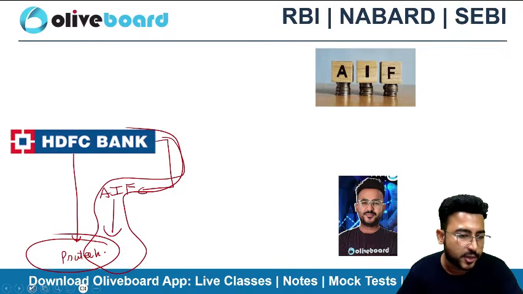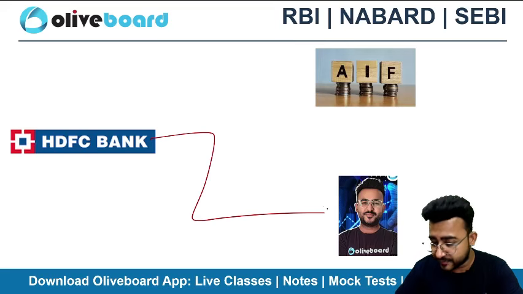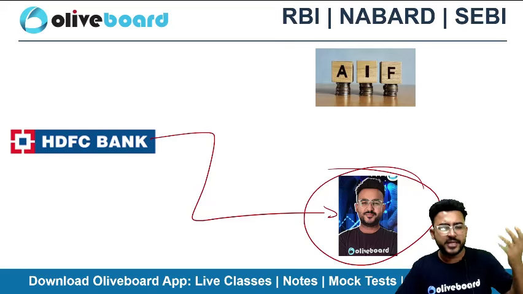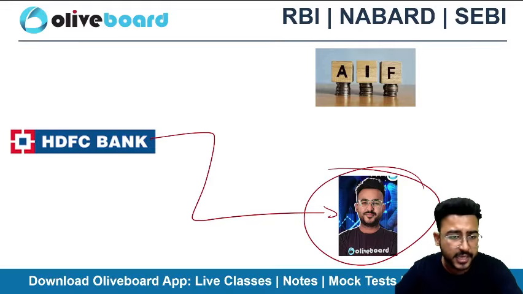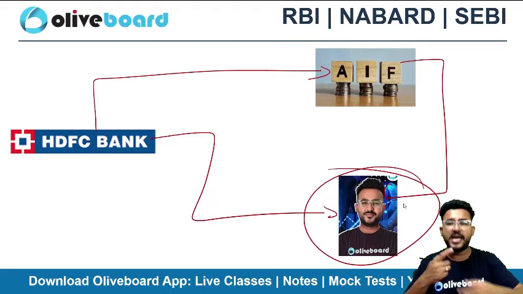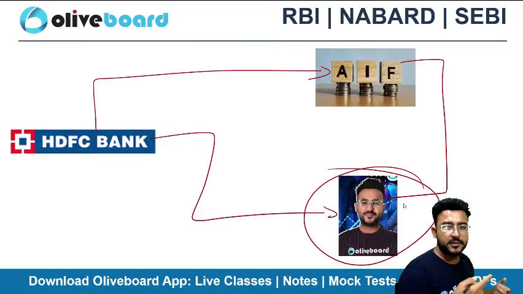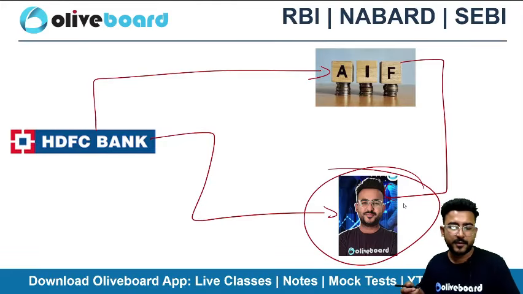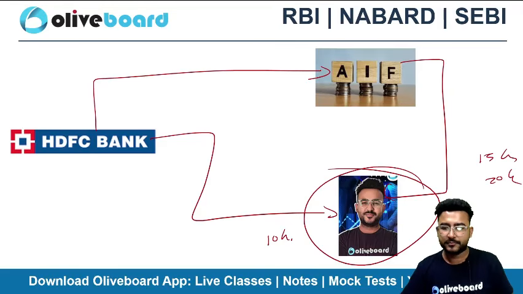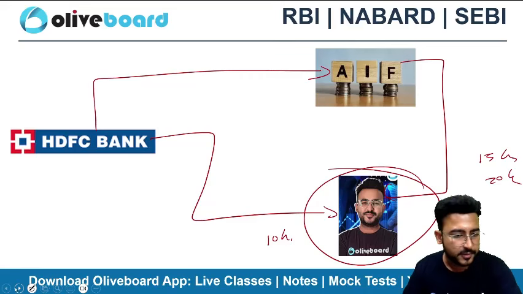Because when HDFC Bank sanctioned a loan to me, they must have considered each and everything about me, like my creditworthiness, right? Now again, via this AIF, there is an evergreening of loan. There is an evergreening of loan happening here. There's a repetition. Maybe my creditworthiness is just 10 crore rupees, but via this AIF, the total loan obligations may be 15 crore or maybe 20 crore. That's a problem. How to solve this problem?